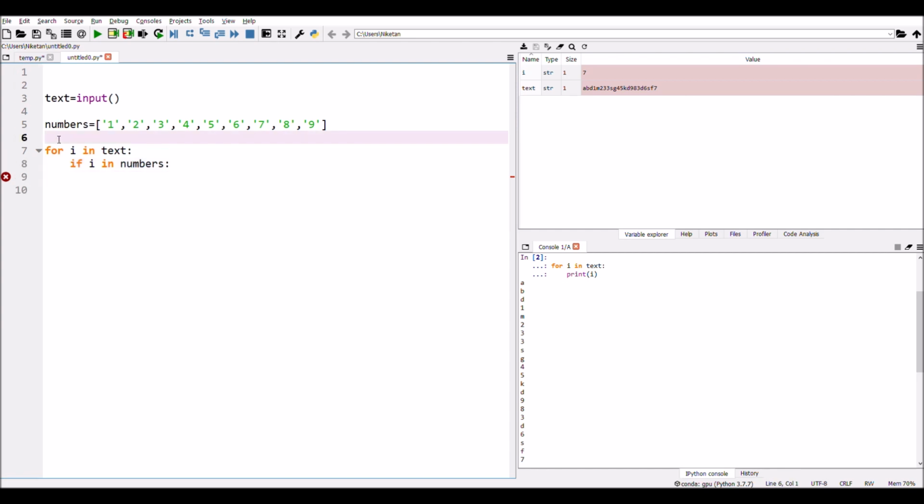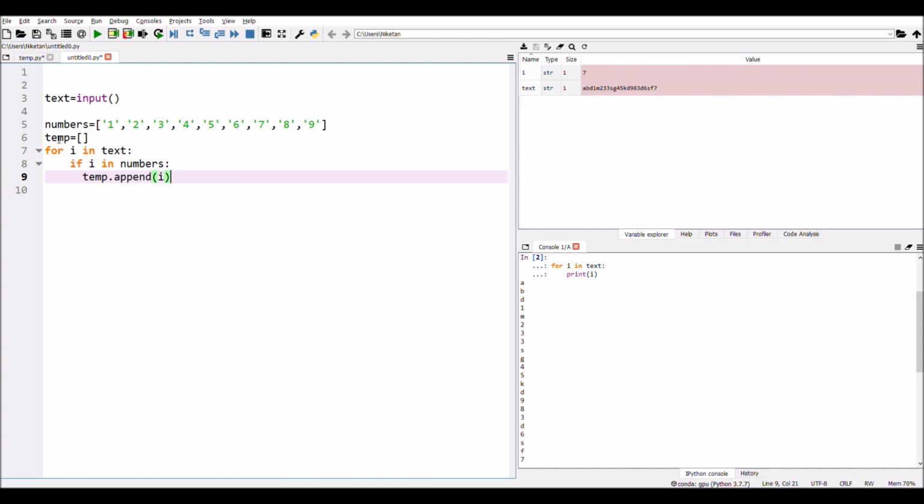Okay, and now we will create another temporary list, temp. It will be used to store the numbers which we find in the string. So if i is in numbers, we have to append it to the temp list. So temp.append(i).